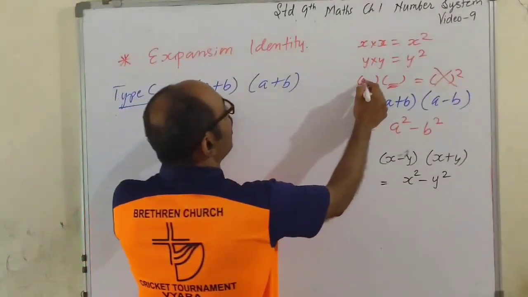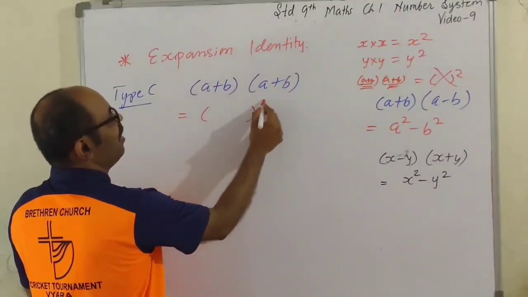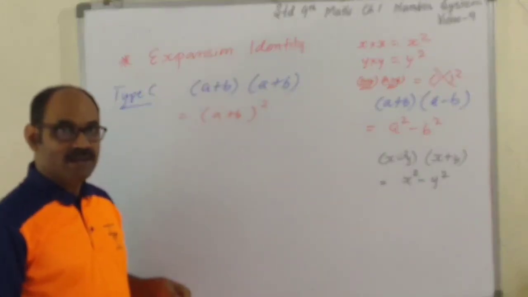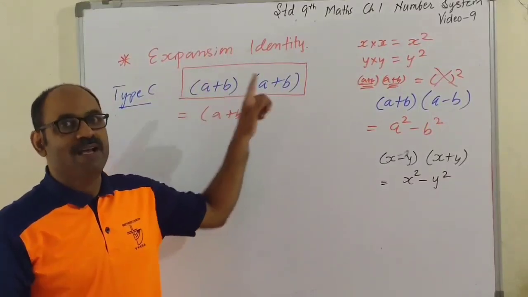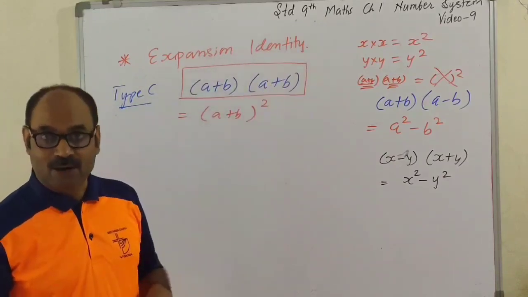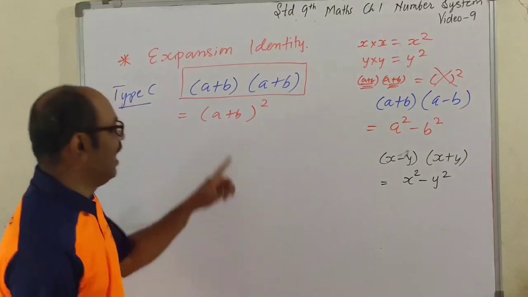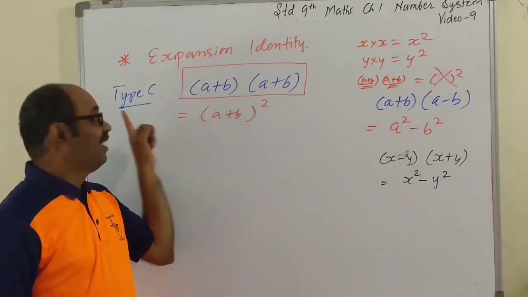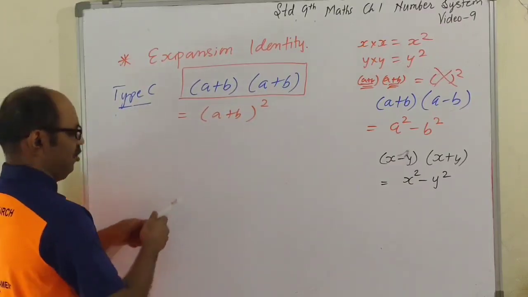Yeah. यहाँ तो a plus b और यहाँ भी a plus b. Yes. So you can write a plus b whole square. A plus b into a plus b, a plus b whole square. यदि इसको आप देखोगे तो what you will call binomial into binomial type C, where first terms are same and second terms are also same. But if that is represented in power form, we can say type C is square of binomial. Type C is square of binomial, and you have learned the expansion.